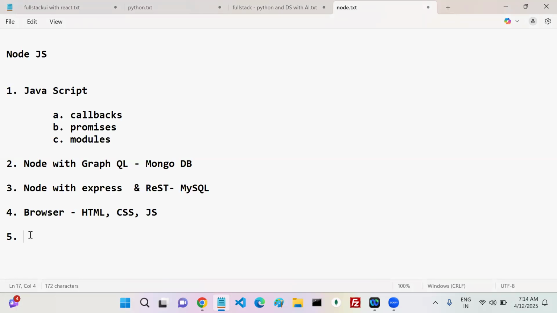But I want to run the JavaScript outside the browser. I need one environment. That environment is going to be provided by Node.js, so that Node.js simply allows you to run the JavaScript outside the browser in one server. Why I said server: a server is nothing but a machine, that's it, which does not shut down any time. It is always up and running. We can interact with that server to perform some operation. You can send a request to the server, and you can get the response.